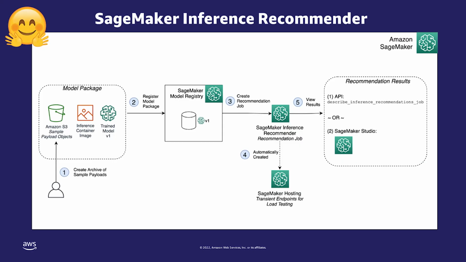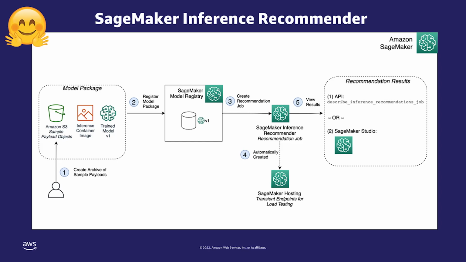And if that's too much work for you, you can also use the Inference Recommender. So we launched Inference Recommender in SageMaker. It has 2 modes. One mode is to find the right instance type for you, where, just as it sounds, we will turn on a variety of instances for you. We'll turn on the C series, we'll turn on the M series, and let you determine which one is most optimal. The second type of Inference Recommender is actually for the overall endpoint. So defining the number of machines that you want to have, so you can get a sense of what your throughput is going to look like for those machines.